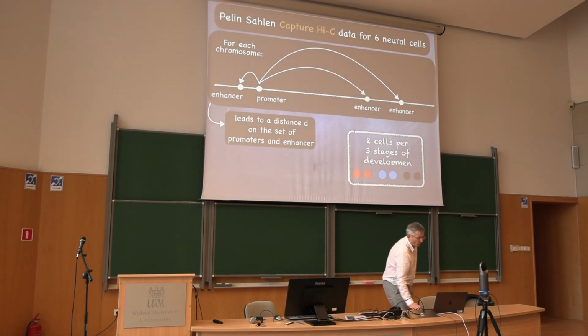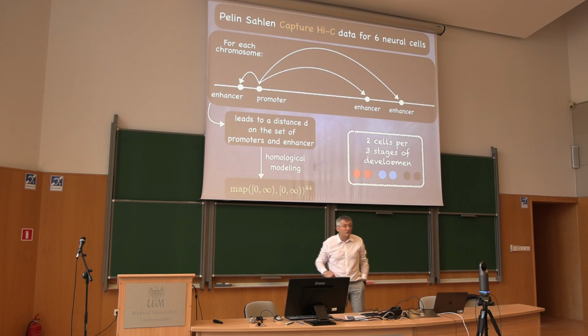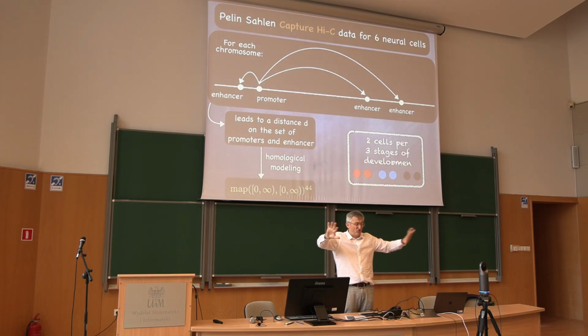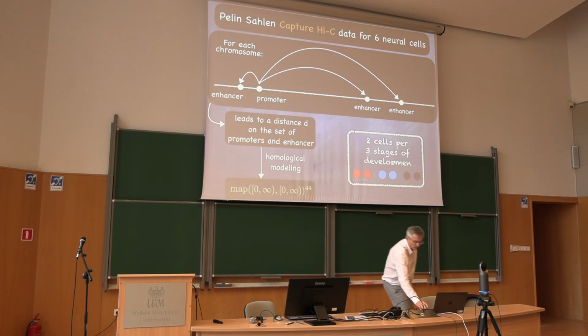Okay? So in that case, what we did, we look at 22 different regions for each of the promoters. Now I do it individually for each of the promoters. We look at 22 different geometrical regions of that space. We took H0 and H1.